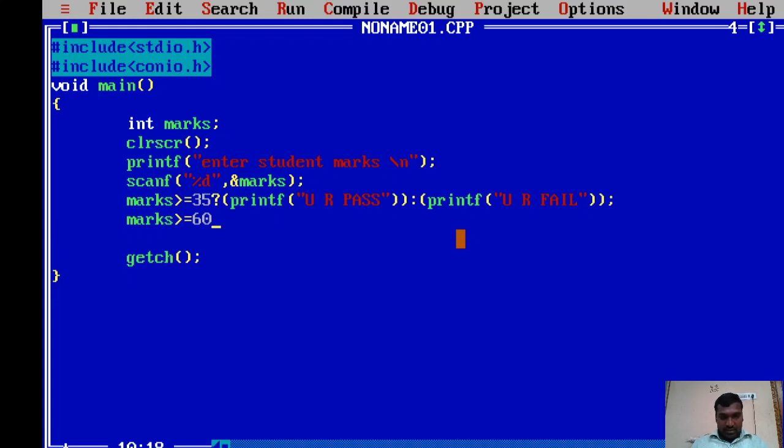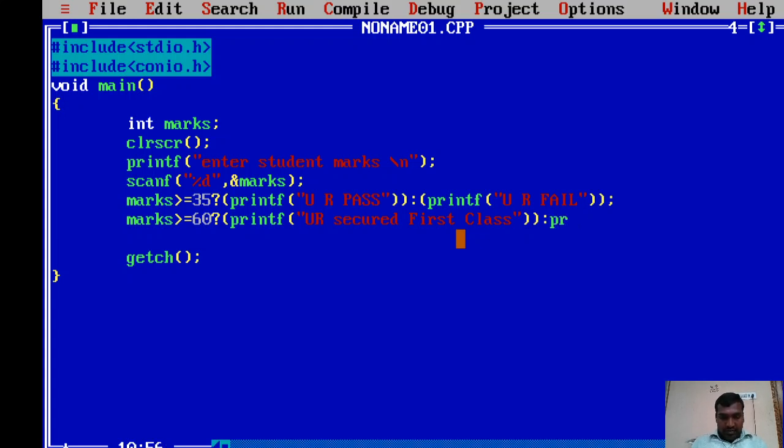If the given marks are greater than or equals to 60, he is in first class. You are secured first class, colon.